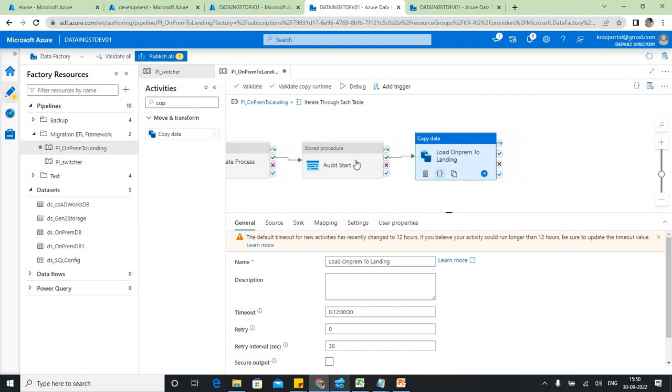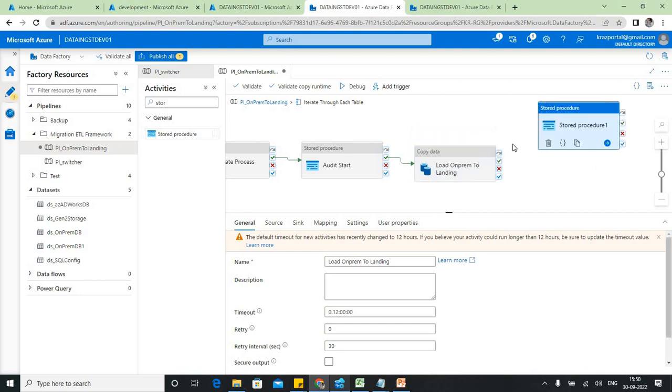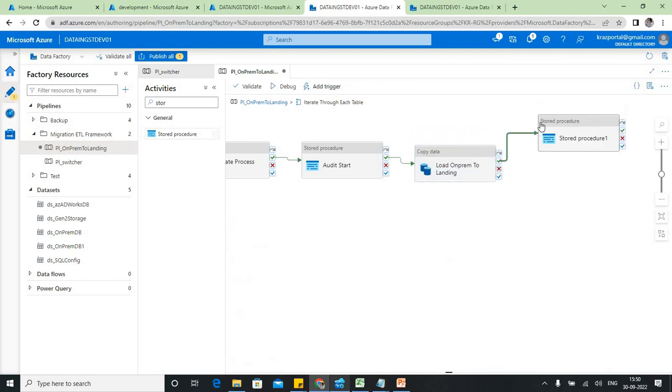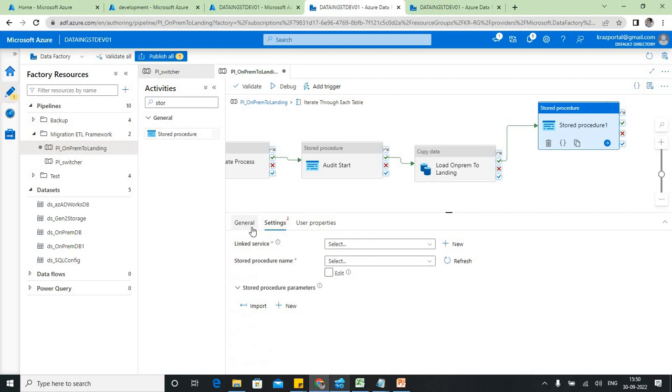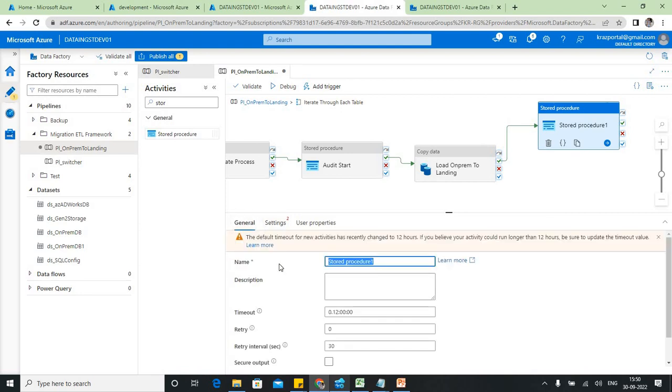So next, again we need to have a stored procedure activity to update the pipeline run status. If the load is successfully done, then we need to update the status to success. For that, let me complete the settings. I'm going to say update status